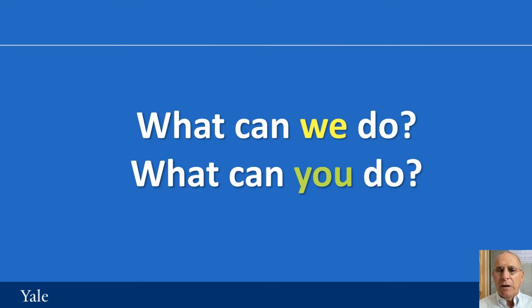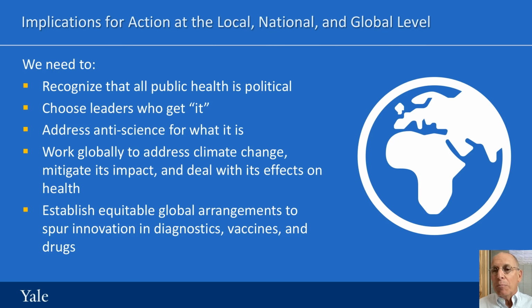So let me end by talking about what can be done. What are the implications of some of these issues for action? There are many, and I'm only going to highlight a few, but I want to suggest again that we think about context. We remember what we're after, and that's a world in which everyone, no matter where they live, has an equal opportunity to be all that they can be, that health systems have an opportunity as fast as possible, at least cost, to enable the maximum health of populations everywhere, and that trying to achieve these aims will have to be carried out in an environment that's not only political, but that's extremely political in some places, and also in many places,